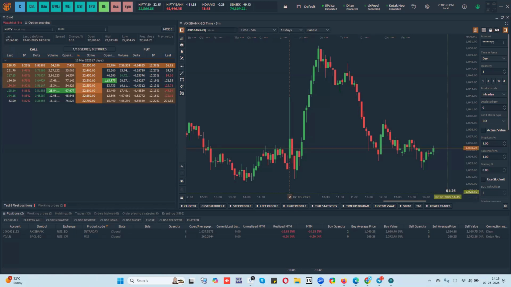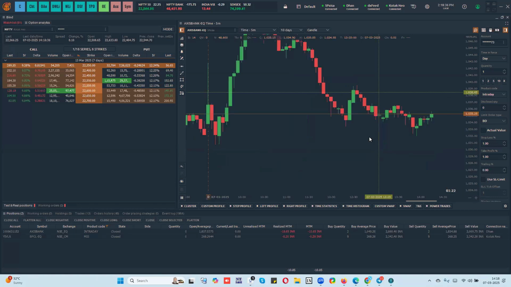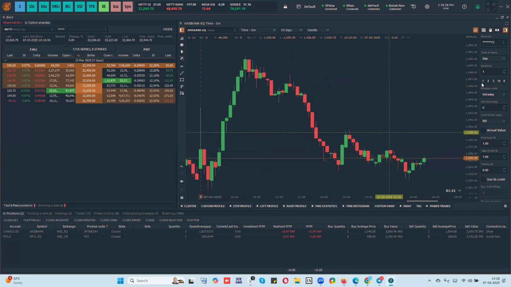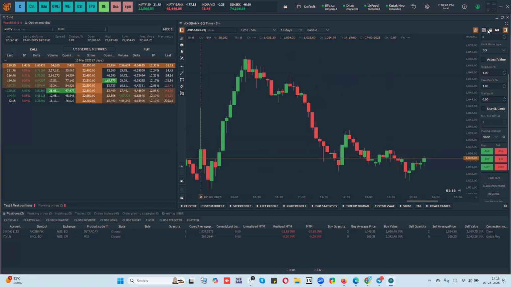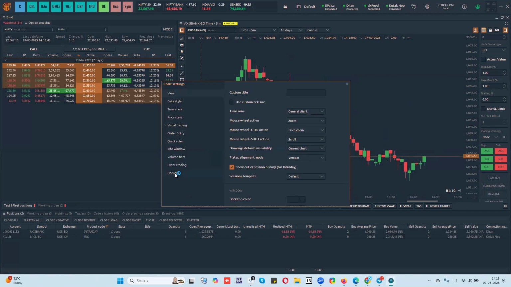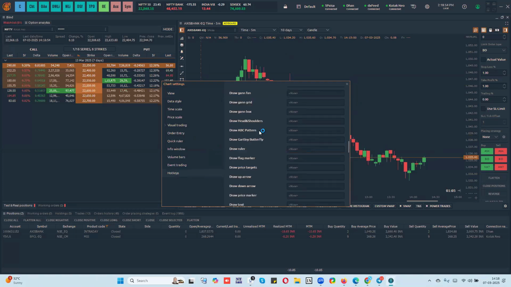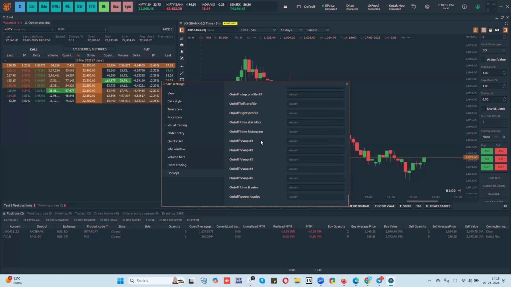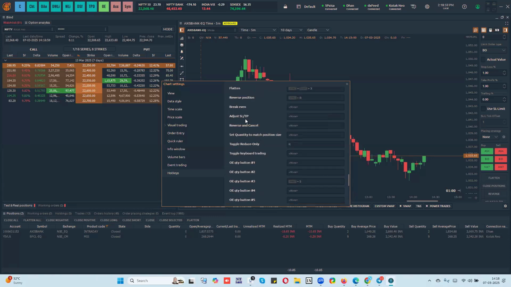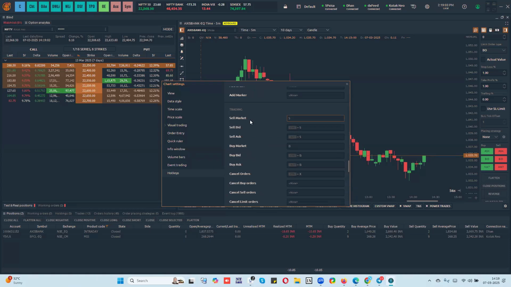Okay, so next I'm going to show you how you can place the orders by way of keyboard trading from the chart itself. So if you click on keyboard trading, first you need to go to settings. Okay, and you have hotkey options here. When you click on hotkeys, you will go to the trading functionalities, and here you will find trading hotkeys. So you can see that to sell at market, I just have to type S. To sell at bid, I have to use Control S. To sell at ask, I have to use Alt S.